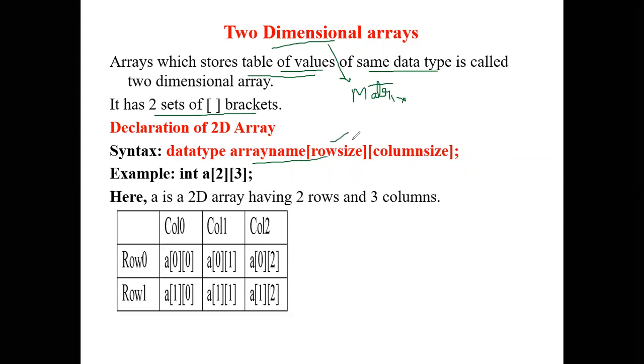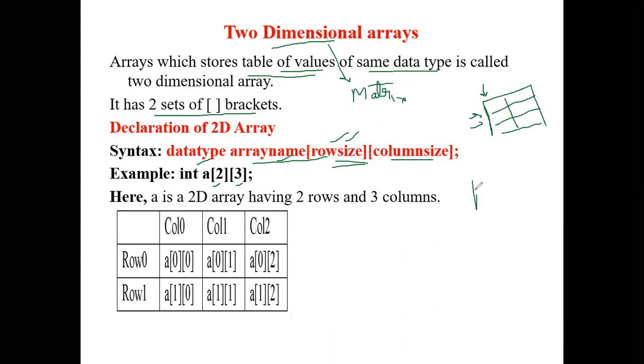Okay, so this is the syntax: data type, array name. In the first bracket we are specifying the size of the row. So a matrix will have rows and columns. So this is a matrix. It will have rows and it will have columns. Okay, so in the first bracket we are specifying the row size, in the second bracket we are specifying the column size. For example, here int a[2][3]. So a[2][3] means